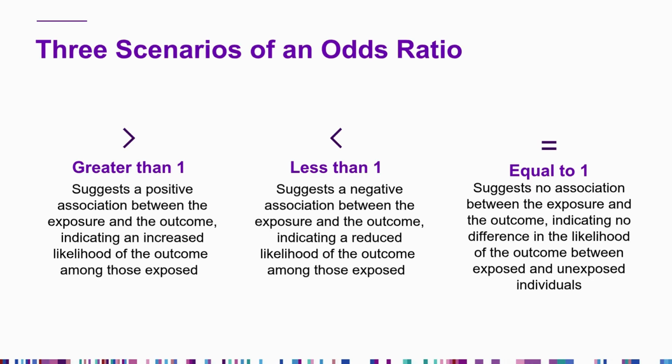On the flip side, if the odds ratio is less than 1, then we would say there is a negative association between the exposure and the outcome, and a reduced likelihood of the outcome among those exposed. So using the same obesity example, if the A allele for a certain SNP had an odds ratio of 0.75, it would mean that there is a reduced risk of developing obesity for those with the A allele compared to those with the other allele. Another way to say this is that there's a 25% reduced risk for obesity compared to those with the other